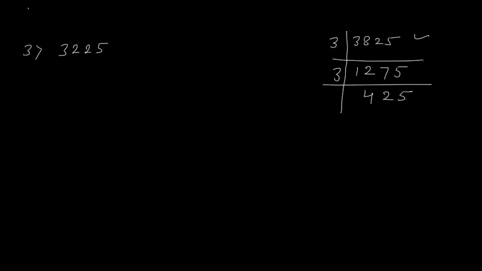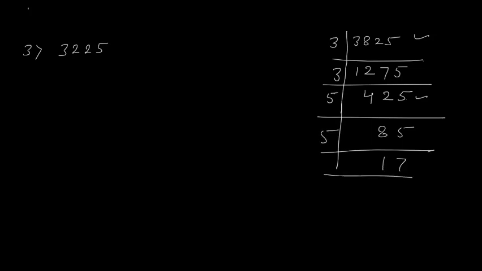Now this is not divisible by 3, but at the end we have 5, so we can divide it by 5. So let us divide by 5. 5 8s are 40, then 2, 25, 5 5s are 25. Again with 5 we can divide. 5 and the 5 3s, 35, 5 7s, and this 17 we cannot divide by any number.